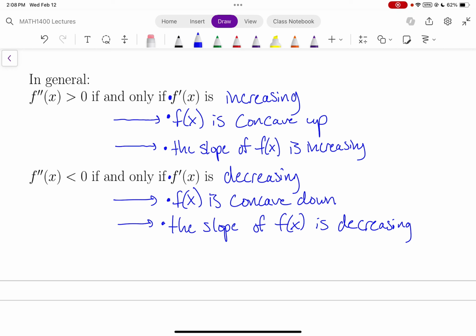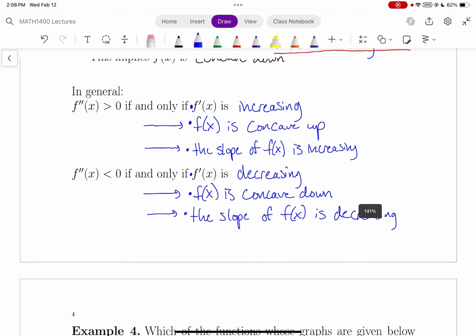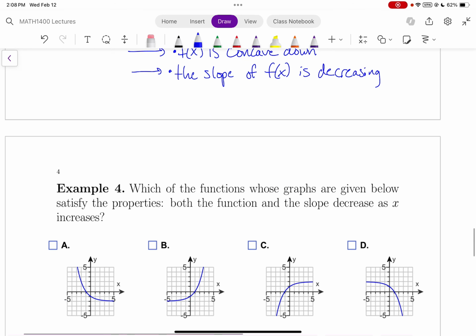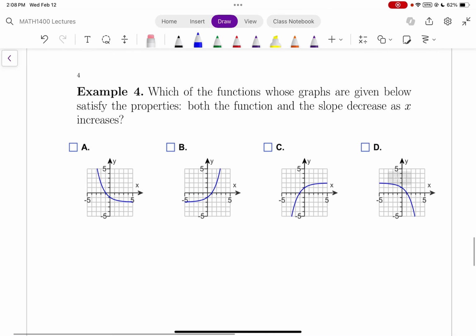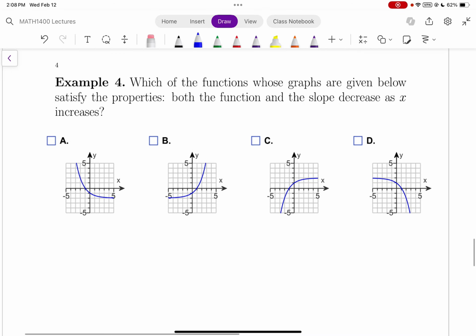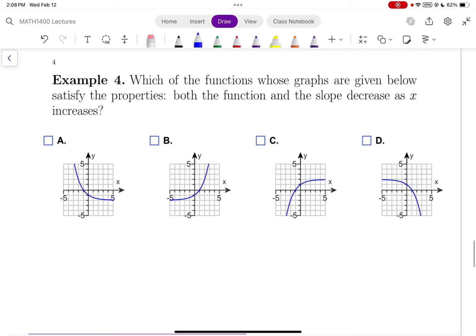Right, and so the reason that we want to write these things down is it helps us understand, once again, the relationship between the function, its derivative, and its second derivative. And the last thing we have for this section is this example where we're looking at these graphs, and we want to know,